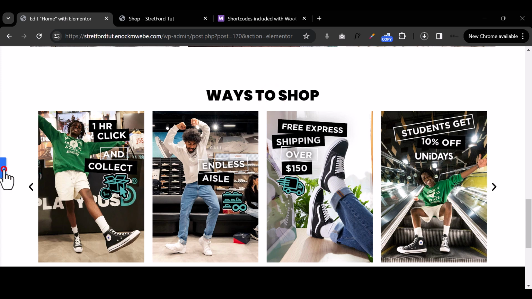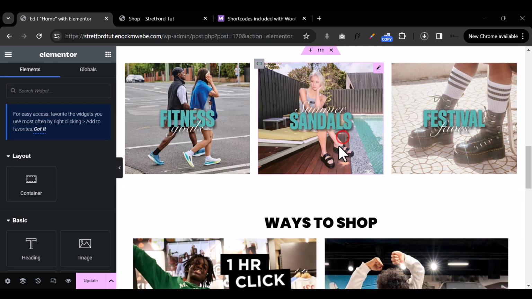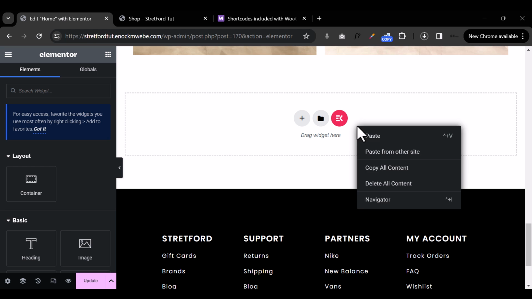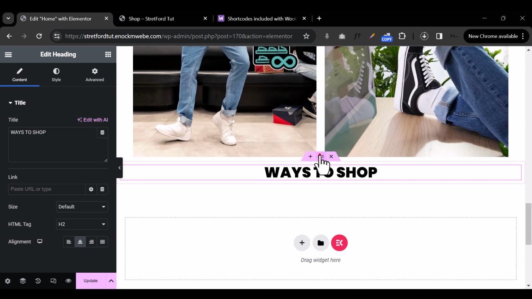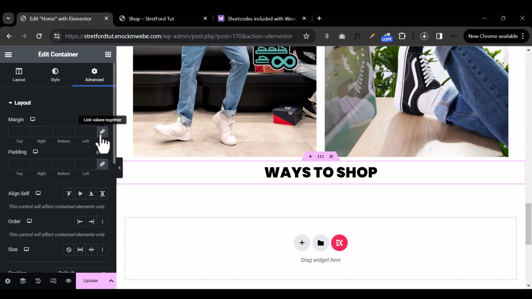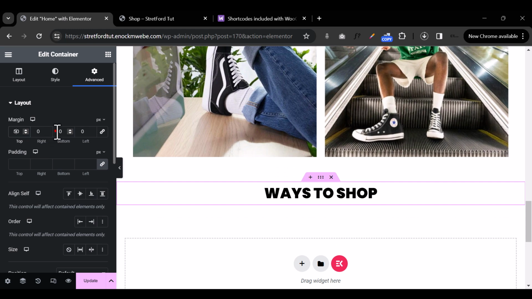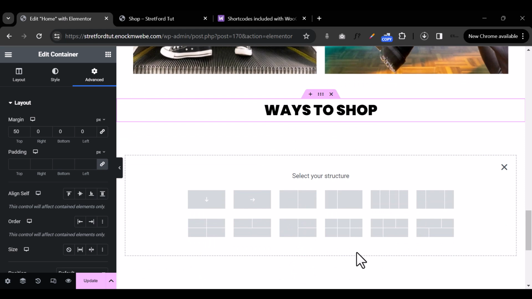So I'm gonna copy this again. I hope it works again, and I'm gonna paste it in here. Okay, then, let me leave some spacing to the top. So I'm gonna click on this section icon and go to advanced, and let me leave something like 50 to the top space and 50 to the bottom. Okay, then actually I won't leave anything to the bottom, because what I want to do is I want to